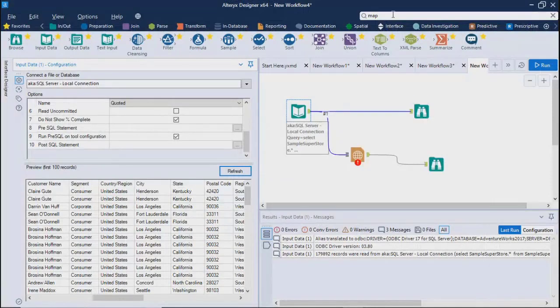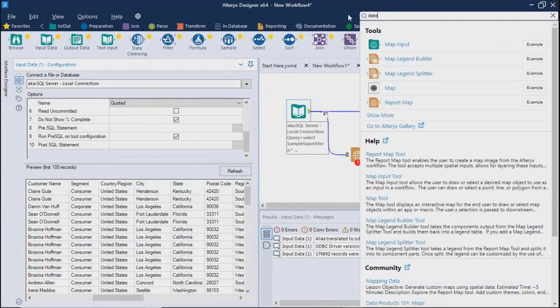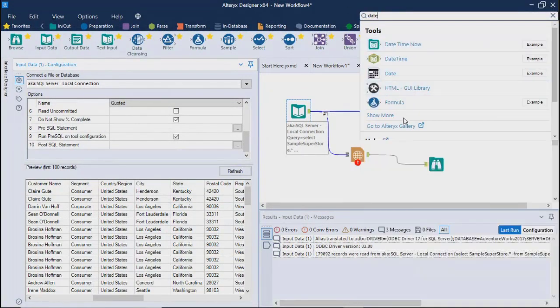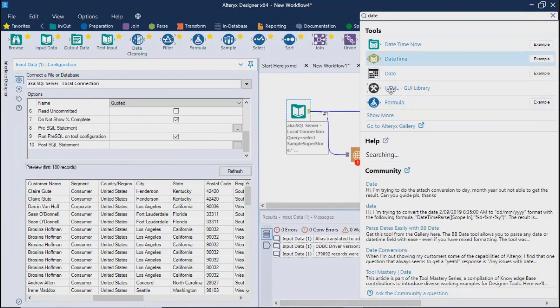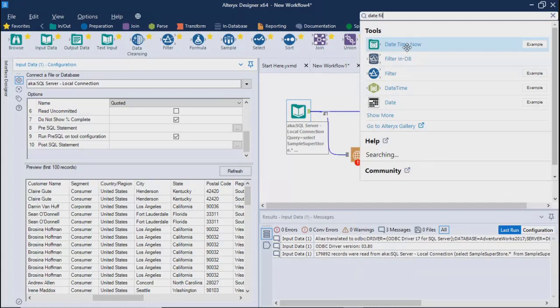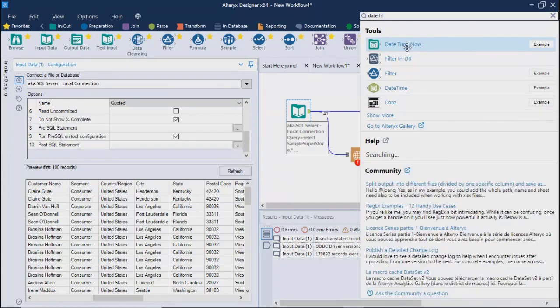Do we have it here? We don't have date filter, correct? Which means it might be in the old format, but it has been deprecated. So if I type date filter, I don't get anything related to date filter. You have other filters.